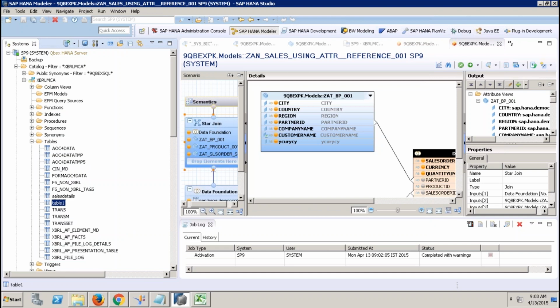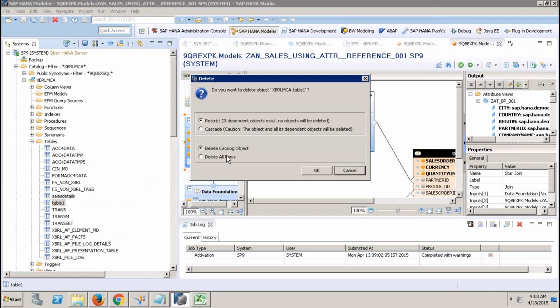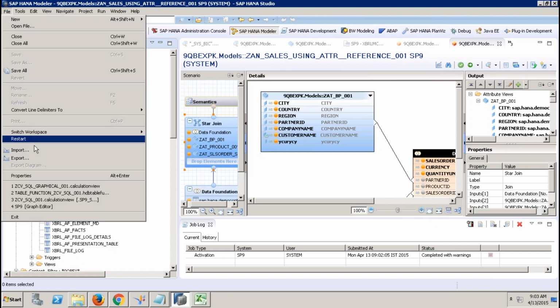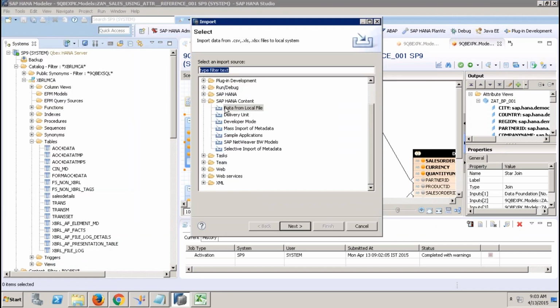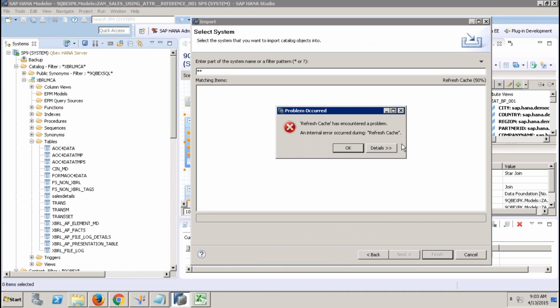finish. Okay, and let's say I delete this table. Now the table is deleted, and I want to import the table back. Import, not the table, say HANA catalog objects. Next,